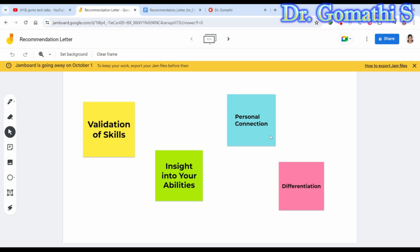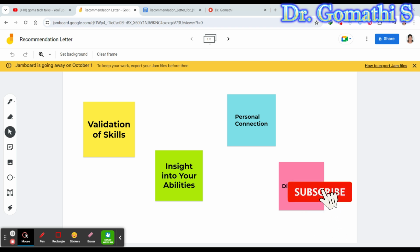So let's first understand why this recommendation letter is important, because it has four important reasons. One is validation of skills. It serves as a third party endorsement of your skill, qualification and character. Second one is insights into your abilities. It provides detailed insights into your technical abilities, work ethic and achievements that might not be evident from your resume